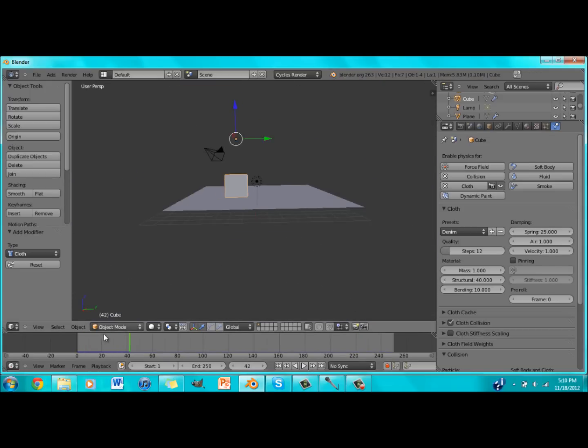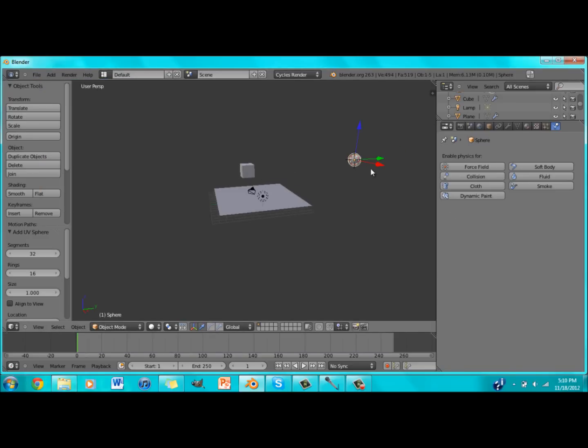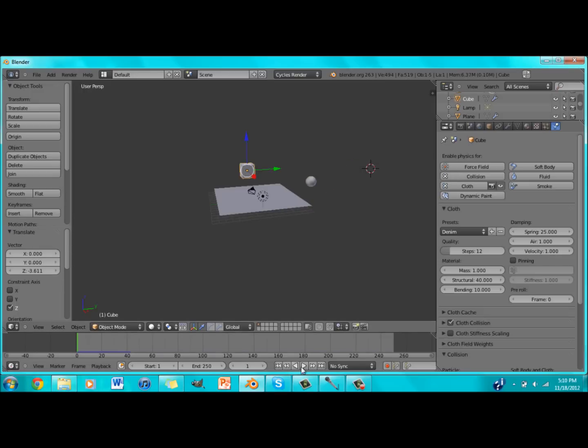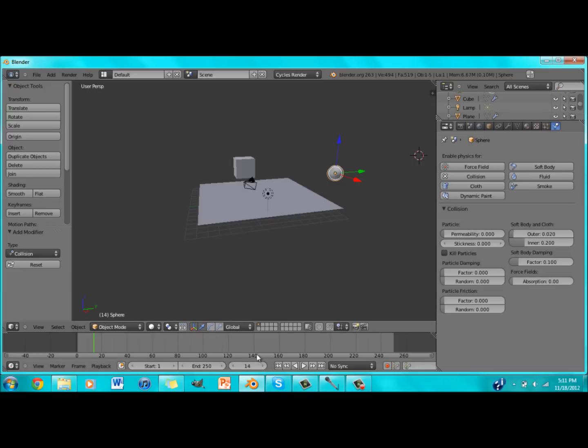Alright, and then if you want something to basically hit it, all you need to add is collision. You don't have to add the cloth for it to fall, or anything of that sort. You just have to have an object, and you have to use the keyframe system. And the easiest way I find the keyframe system is just to use the automatic keyframe. Alright, make sure you have collision enabled for that though. Alright, so I'm gonna automatic keyframes, and then at 20,